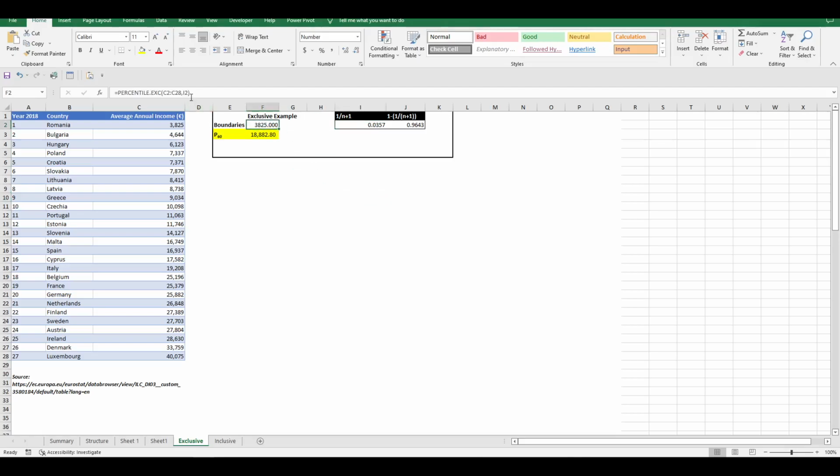So here, if I put 1 divided by 29, it doesn't work, okay? And let's put as the second argument the upper boundary.